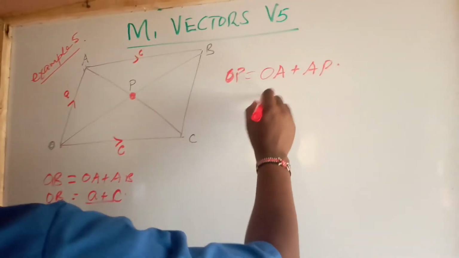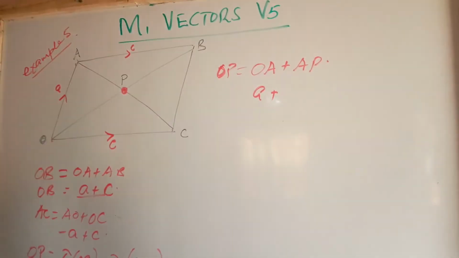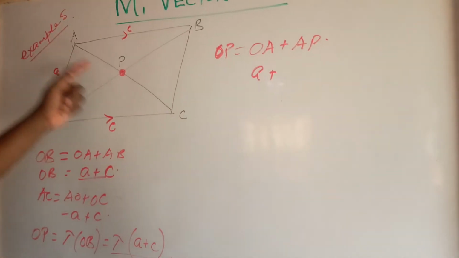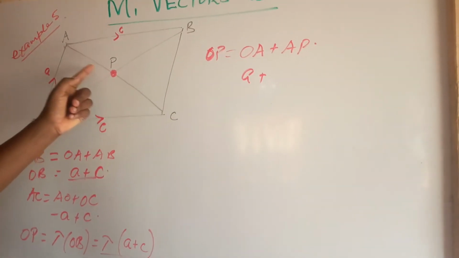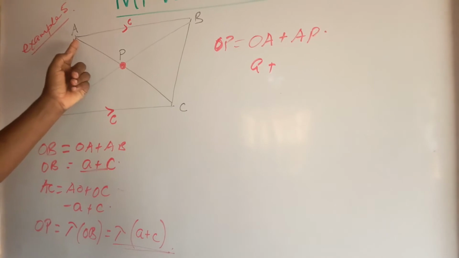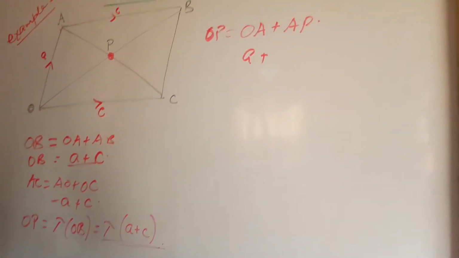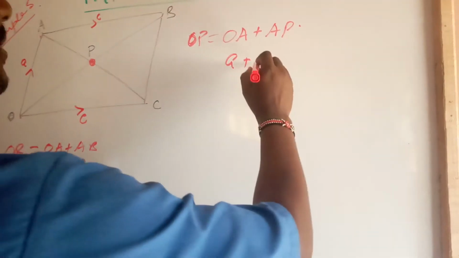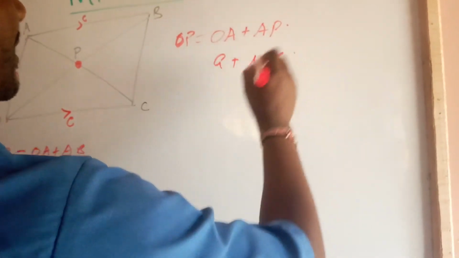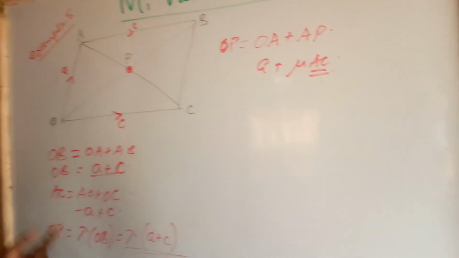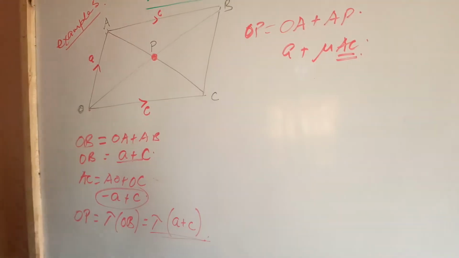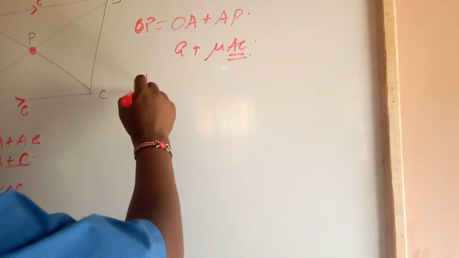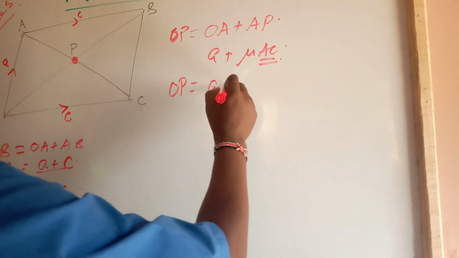But we know OA is a. And AP is a fraction of AC. Let's call it mu, so AP is mu AC. But what is AC? According to us, AC is minus a plus c. So OP is going to be a plus mu